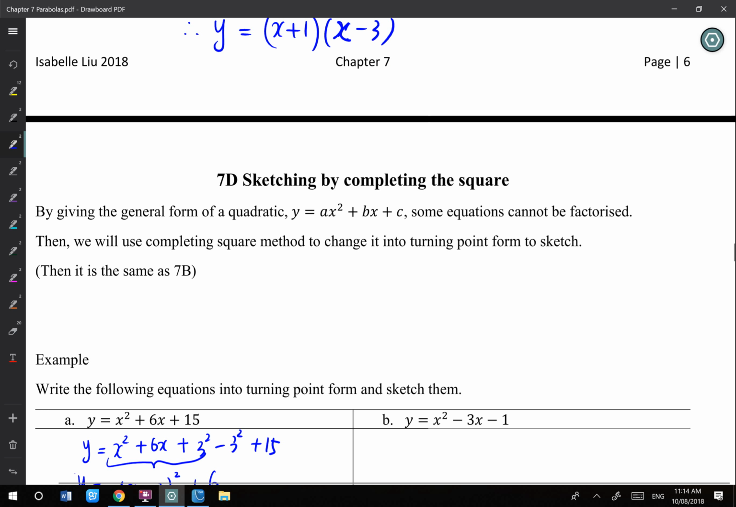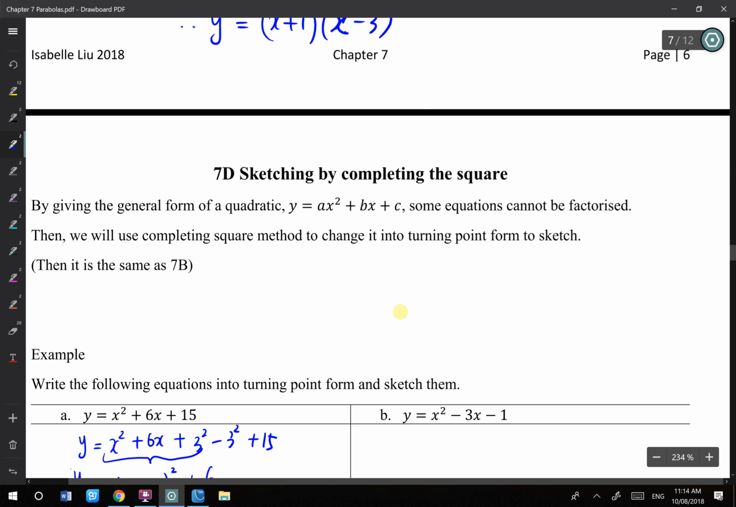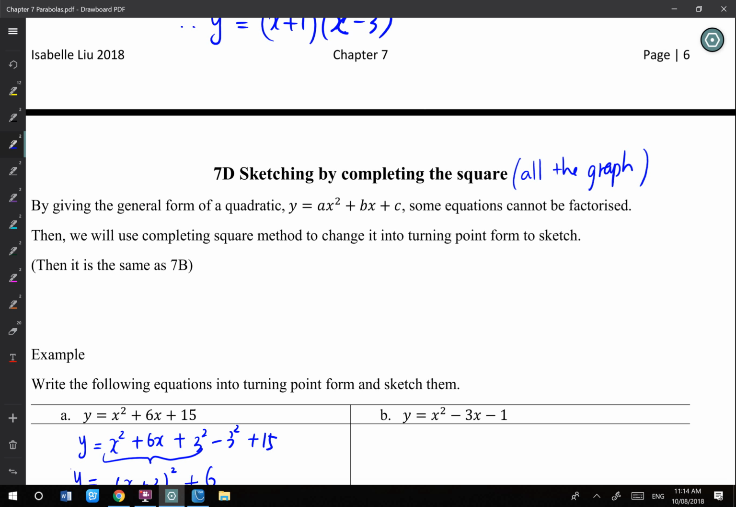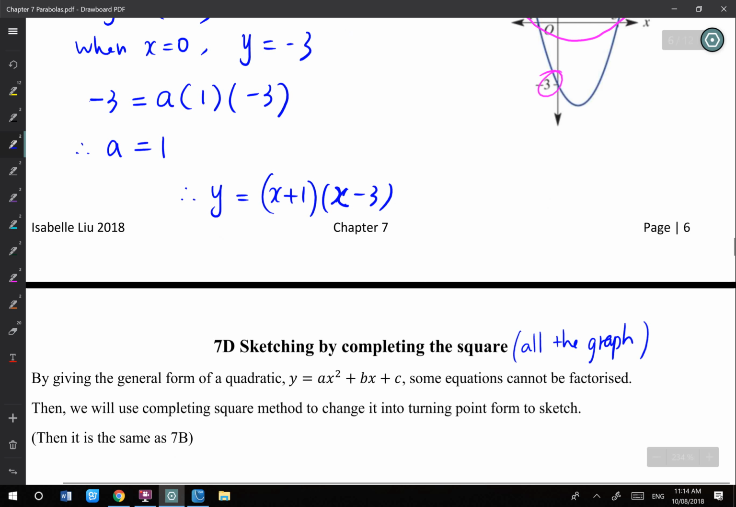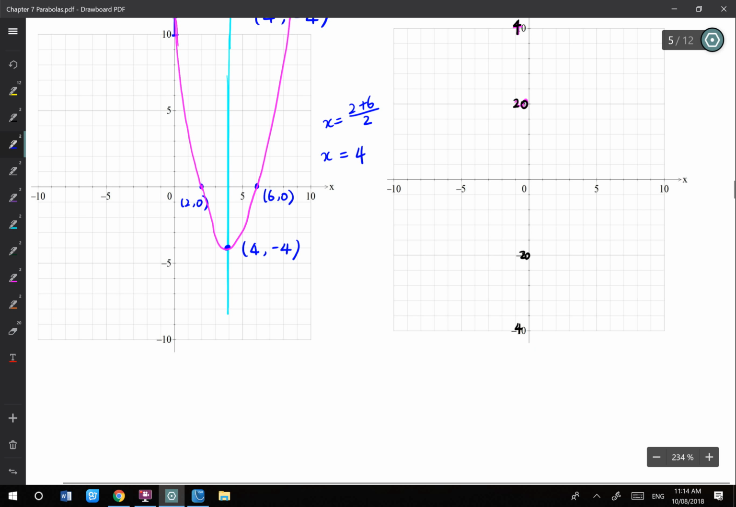Sketching by completing the square can be useful every time, like all the graphs or all the functions can be sketched by this method. It's a very useful method. You can deal with all the quadratic equations. If you want to sketch by using turning point form, fine, because you can always get that. Back to what we have